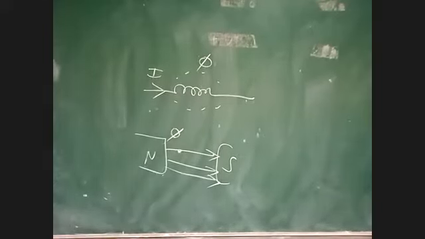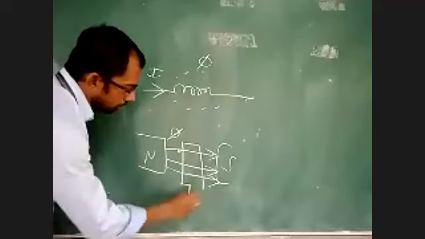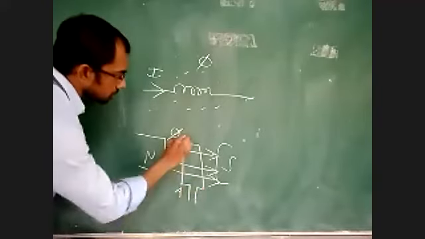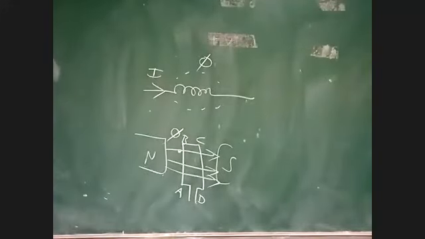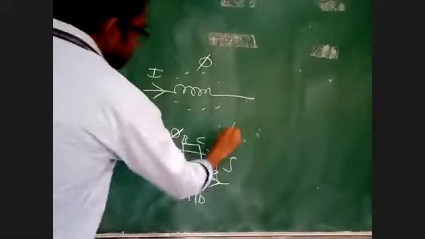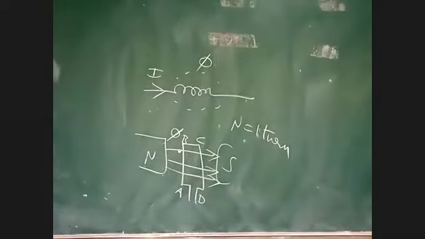Okay, see here. We are having the magnetic flux. I am taking one conductor, copper coil. ABCD is the copper coil. Let us assume I am taking only one coil, here N is equal to 1 turn. I am taking ABCD as the one coil only. We can take 100 turns also, but I am taking only 1 turn ABCD, one coil. I can take 100 coils, 200 coils, 300 coils also in the DC generator. But for simplicity, I am taking ABCD as the coil.